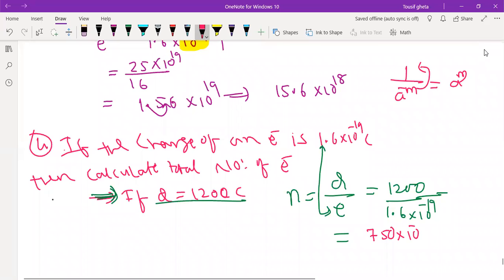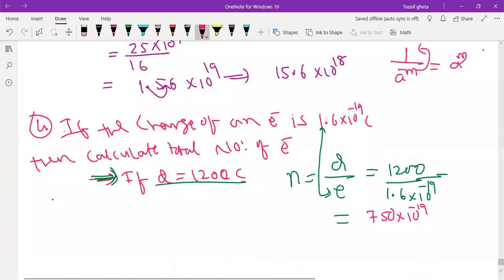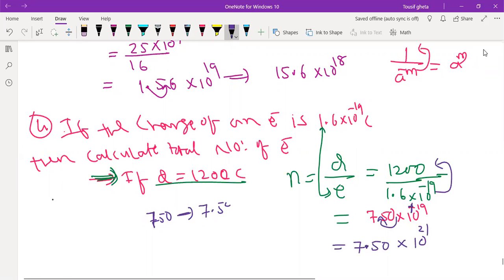Right? Now the normal method of writing the answer is what you know. The normal method of writing the answer is after one number, a point. See, if you got 750, the normal method of writing the answer is that after one number comes the point. So your 2 digits we will shift here. So 7.50, 7.5, 2 power we will raise. This is plus 19, okay? Because it came in the numerator. So 10 raised to 21. Then this is the answer. Yes, Rekha, tell me what you were asking.